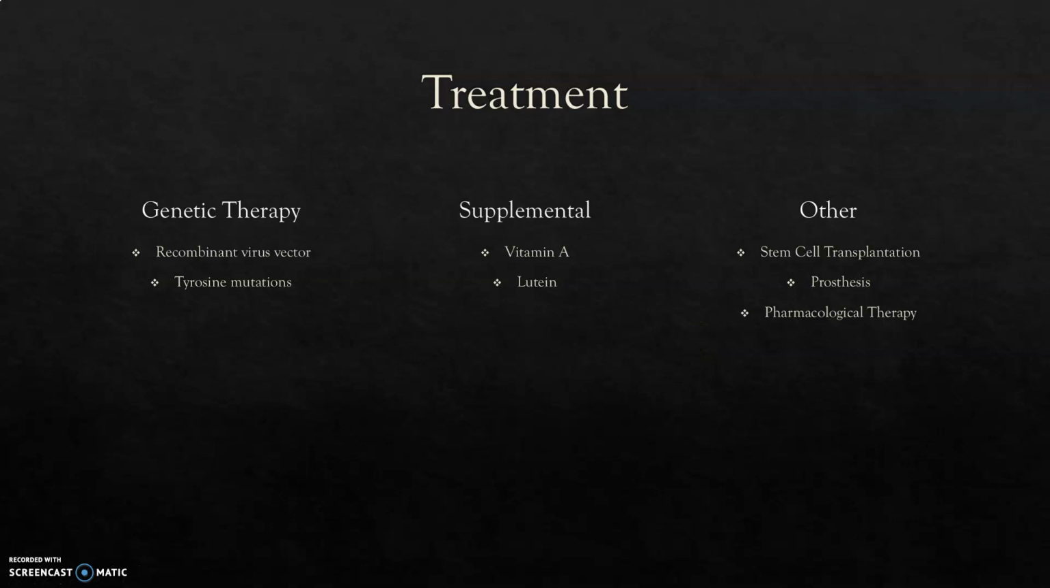There are a few treatments that can be done for retinitis pigmentosa, although there's not a cure. So most of these just help. You can do genetic therapy, which they use a recombinant virus vector and a tyrosine mutation to stop the degradation of the capsid once it's in the body. And that can help slow the progression. You can also have oral supplements. Vitamin A has slightly been shown to work in some individuals, and some it has not. It is thought to slow the degradation, as well as lutein, which is a carotenoid that is found